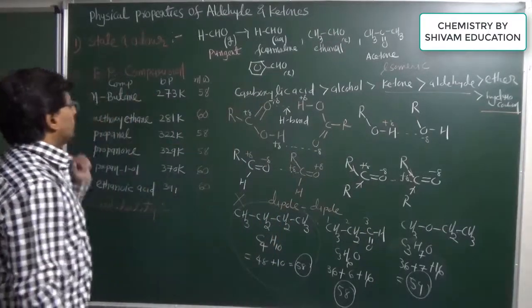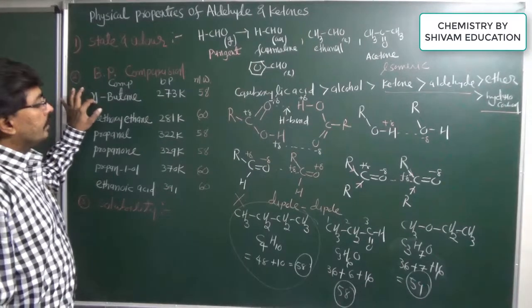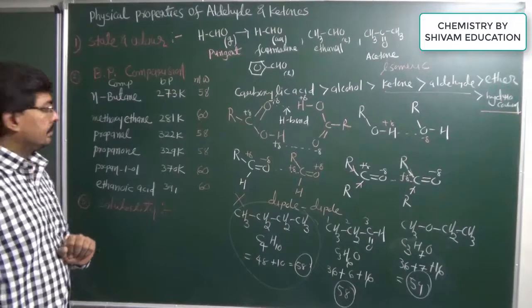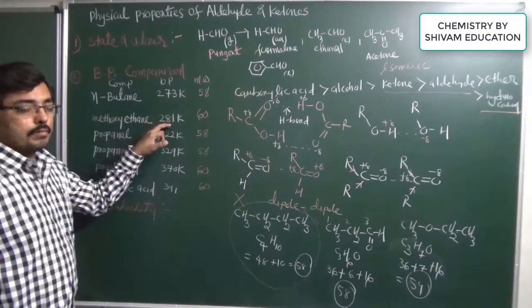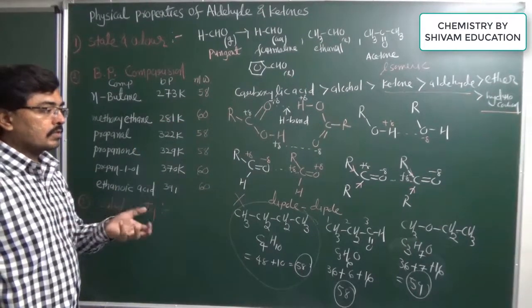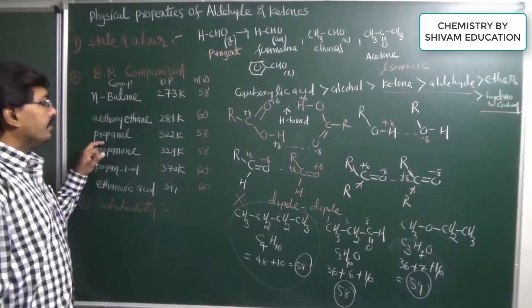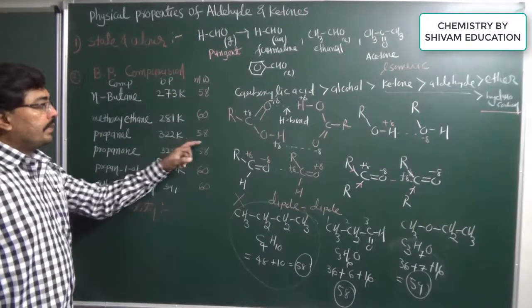has a boiling point less than aldehyde. So now here a comparison is given. When we take normal butane, the molecular weight is 58 and the boiling point is 273 Kelvin. In the case of methoxyethane, the boiling point is 281 Kelvin and the molar mass we have calculated is almost 60. Now in propanal, the molecular weight is 58 and